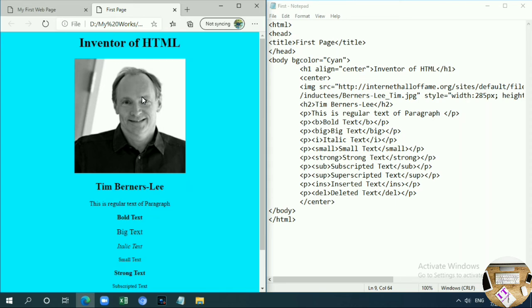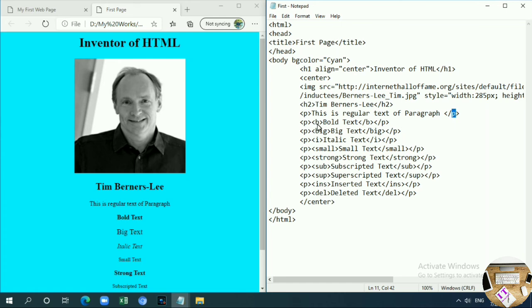Look, now it's changed. Is it? Width and height were changed. So that's all the changes we can see here in the output. Then H2O is applied here. Then P is for the paragraph tag. Whatever paragraph type of content we want to give, we apply such a tag, and put the content in between the P tag, the paragraph tag. After we write it, we close the paragraph tag.